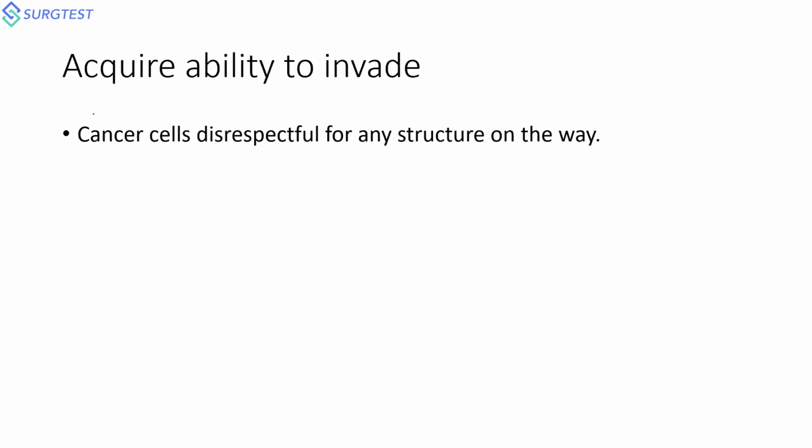Once it has got access to the blood vessel, what happens? It tries to reach out to other parts of the body. This sequence of events, which we commonly know as metastatic disease, we evaluate through our staging investigations. You do a PET scan, you do a CT chest, you do a CT abdomen to know the local and the distant spread. This is the cell acquiring the ability to invade the adjacent structures.